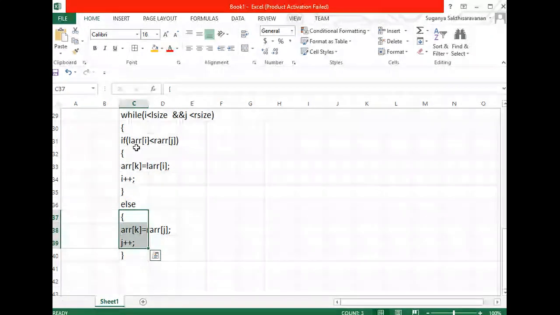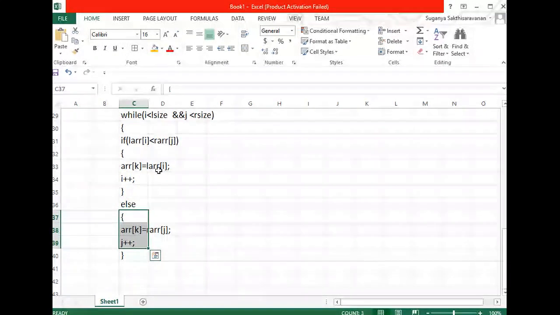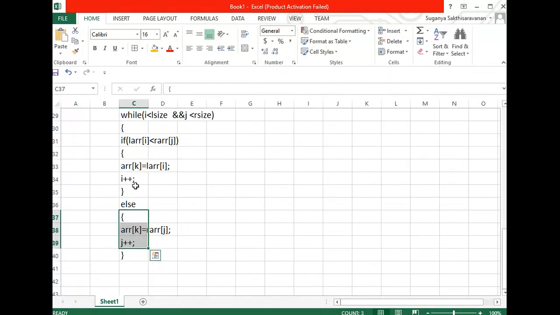If the value of left array is less, I'll insert the value of left array of i, and I'll increment my i pointer. If the value is greater, I'll insert the value of my right array and I'll increment my j pointer. Is this clear? Okay, good. So after doing these two operations, what should I do?